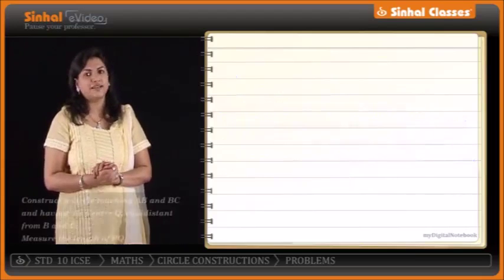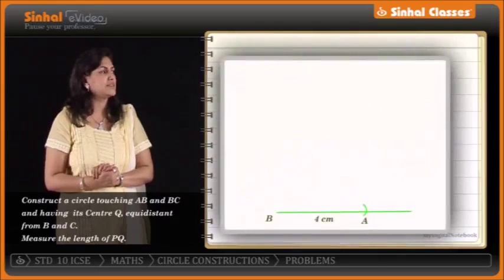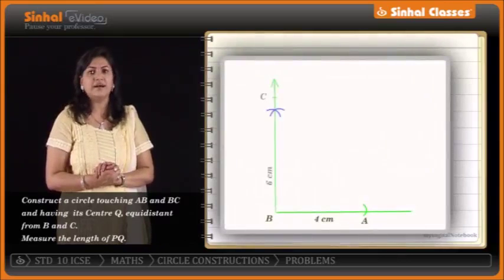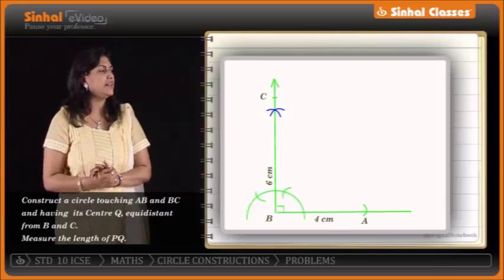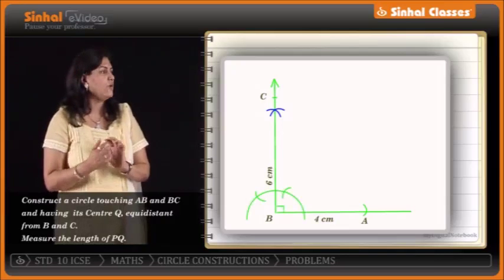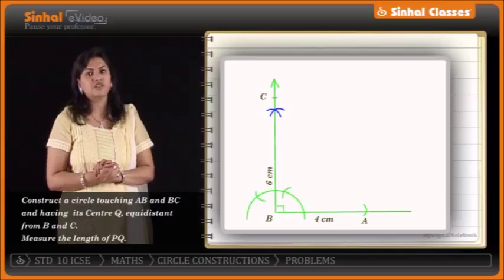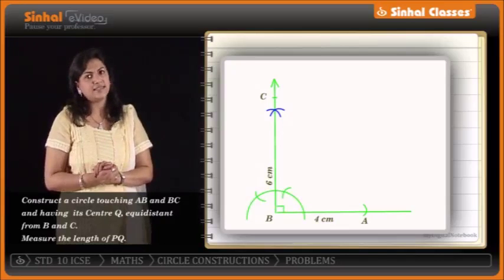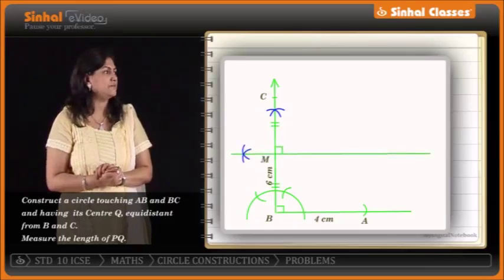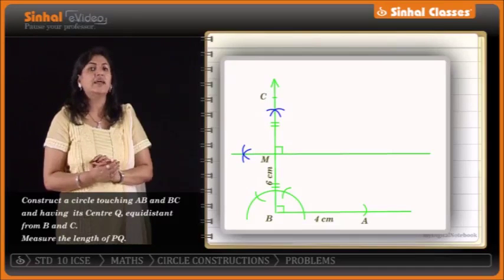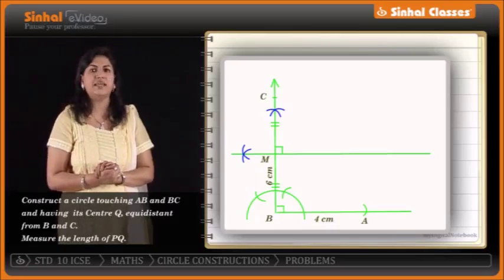Now we draw triangle ABC with the given measurements, that is AB is 4 centimeter, BC is 6 centimeter and angle ABC as 90 degrees. Complete the triangle ABC. Now we want a point which is equidistant from B and C. So we draw the bisector of the side BC. Now with A as center and radius 4 centimeter, cut an arc touching the perpendicular bisector of BC in P